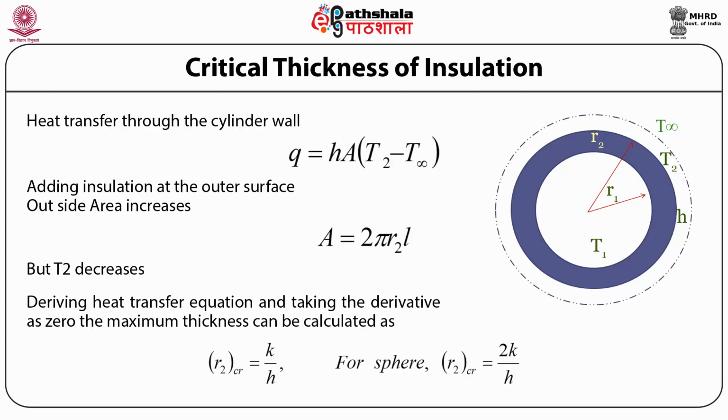At critical radius, heat transfer is maximum. If we add insulation beyond the critical radius, the heat transfer rate decreases. If the insulation is less than the critical radius, the heat transfer rate increases, which means we are not checking the heat loss by adding the insulation. So it can be concluded that an insulating material of at least the critical radius must be provided in the pipelines to check the loss of heat.